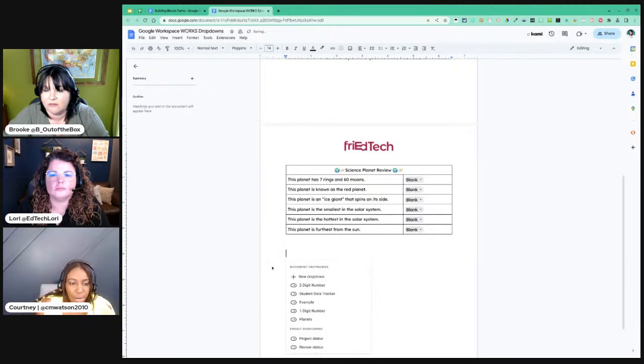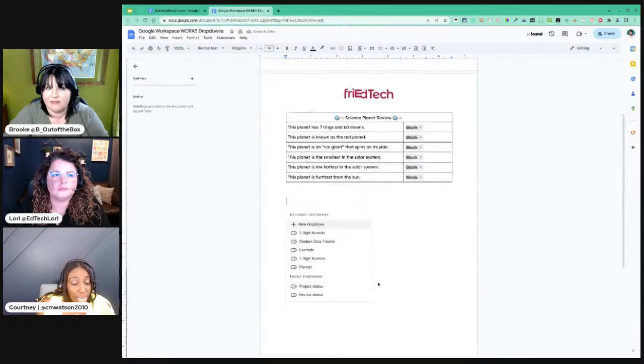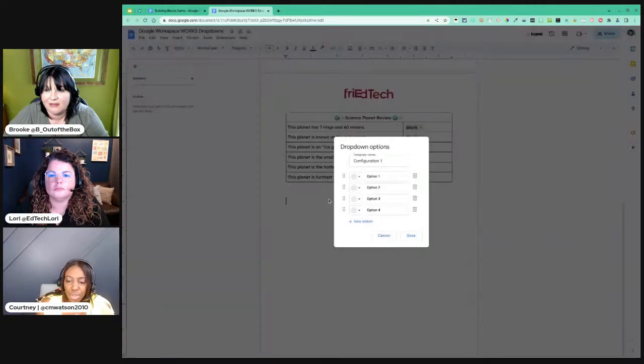So how do you get a drop down? You do @dropdown. And you'll notice that you have the ones I've created already, but then you have a plus new drop down button. And you can just go and create it. So she's going to hit plus new drop down. You go ahead and give it a name. You're essentially creating a template,